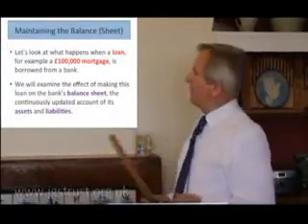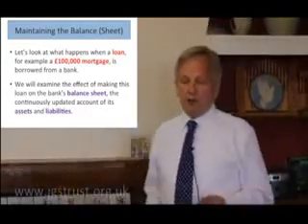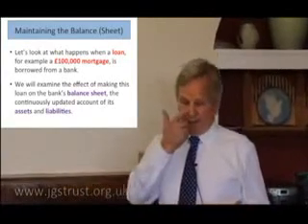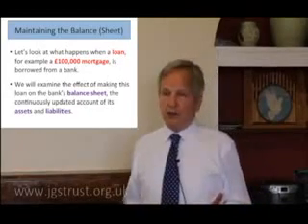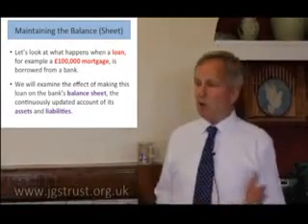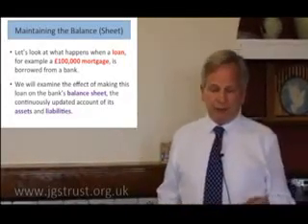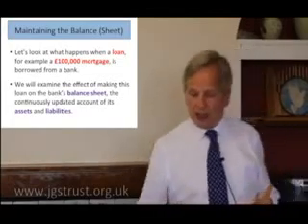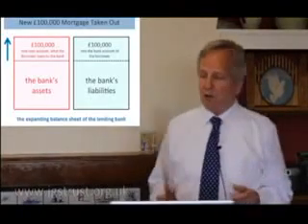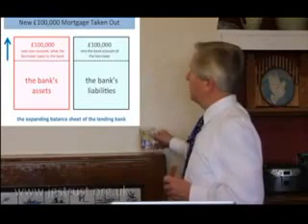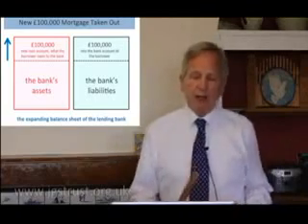Right, well, that's the initial balance sheet. How does that balance sheet change when somebody comes along to the bank and wants a loan, a £100,000 mortgage, say? Let's have a look at that balance sheet, how it changes in terms of the assets and liabilities. Because remember, the balance sheet is a snapshot of the current state of play of the bank, how its assets and liabilities change over time. So here's an event, a basic event. Somebody takes out a mortgage. What happens to the balance sheet? Well, very schematically, this.